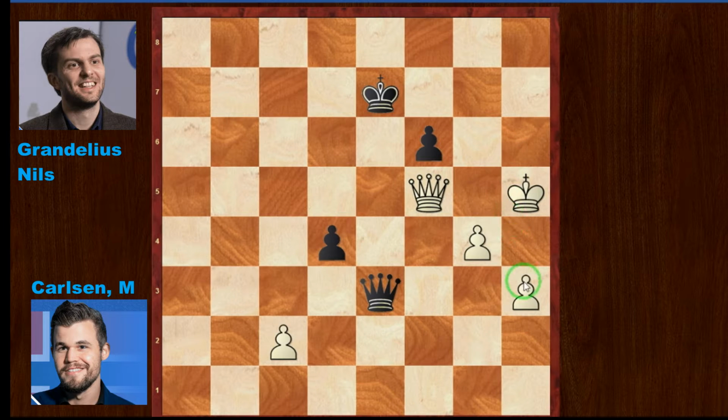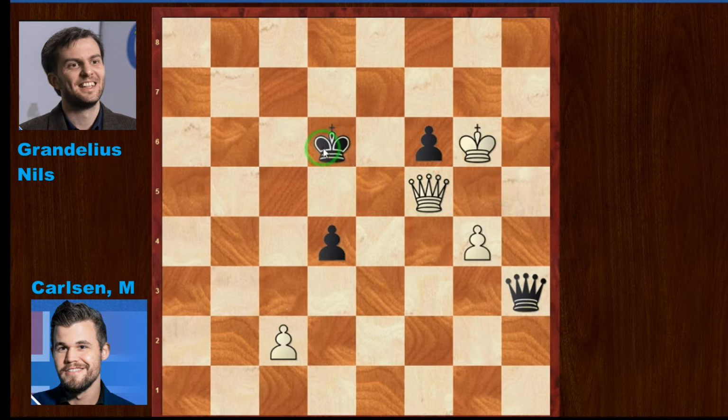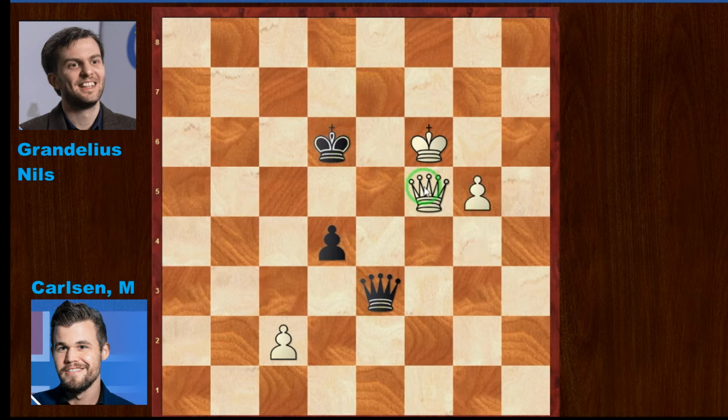But there is a nice sacrifice as the f pawn is going to capture, and the g pawn is going to be promoted. Niels captures this pawn, and now king on g6, king move for Grandelius, and now king captures f6, and no more check, but queen e3 again, and pawn promotion to